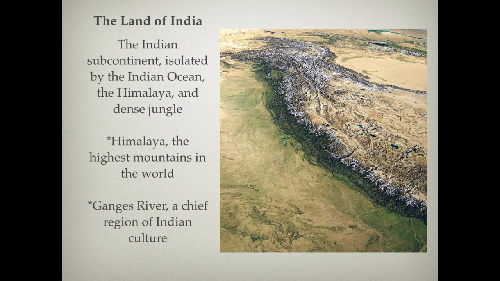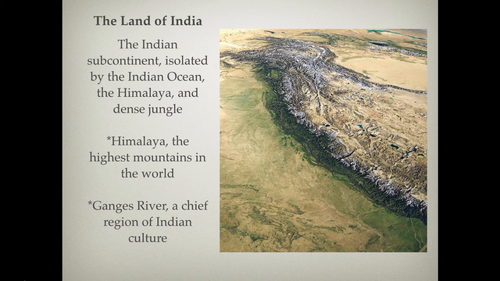And then to the south in the subcontinent, further down, you end up getting up to a plateau and more open area. But that Indian Ocean surrounding the Indian subcontinent and the Himalayas really allow for a true isolation and really few invasions of this region, which is completely different than the Mesopotamian river valley.